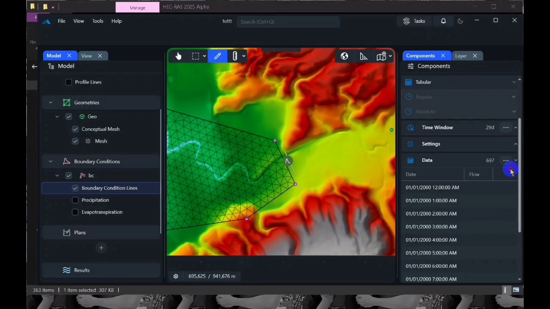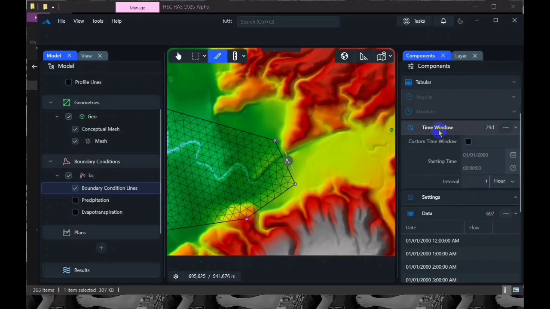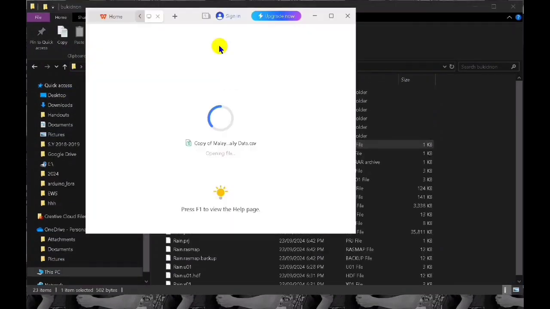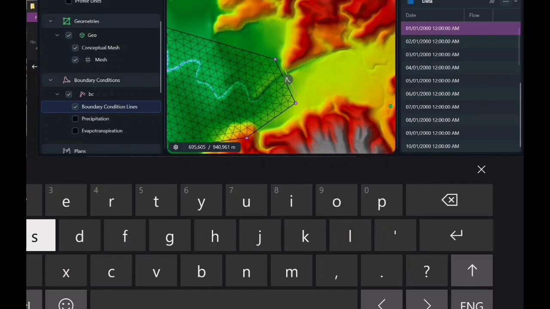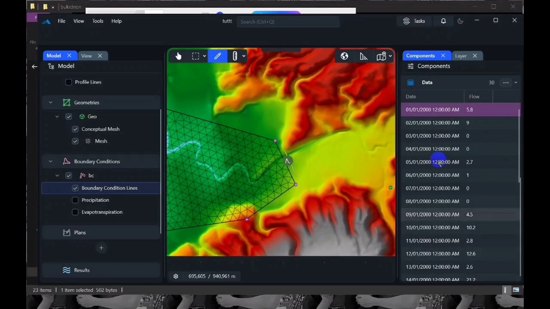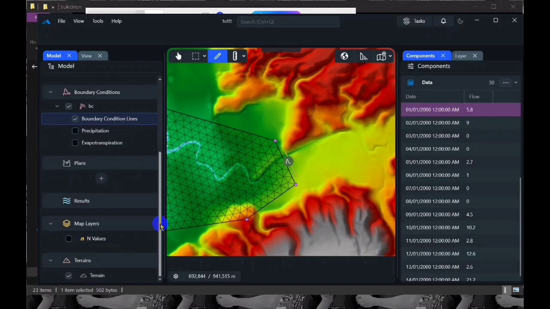Just click the upper portion of the table, and then Control V. So we have now our discharge or hydrograph for our boundary condition and inlet,